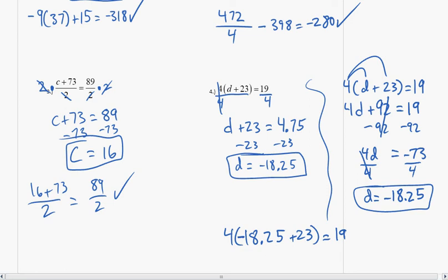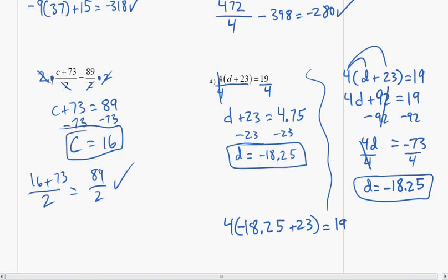Okay, so solving 2-step equations is just like solving 1-step equations. You look for what operations are happening in the problem, and then you think about how am I going to be able to undo those operations. And you've got to keep in mind that since you're undoing them, you're